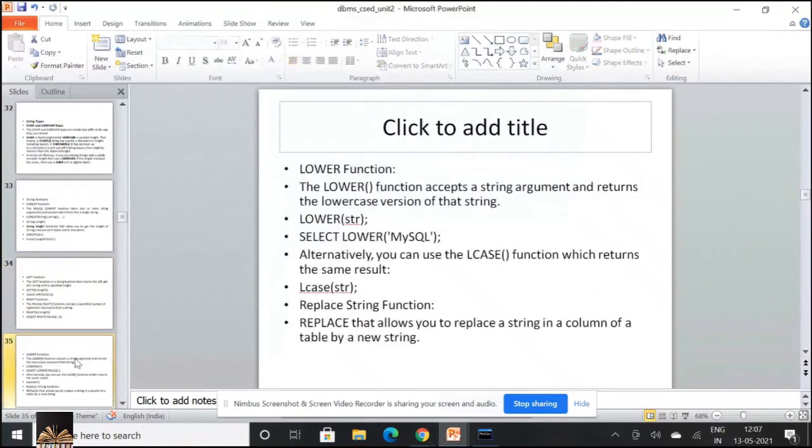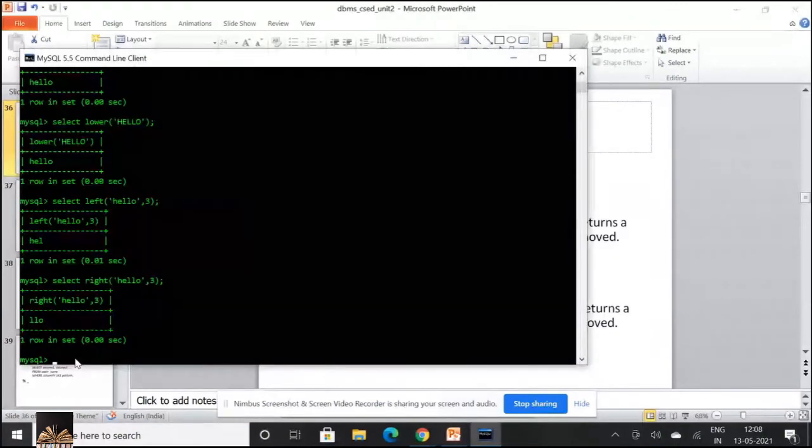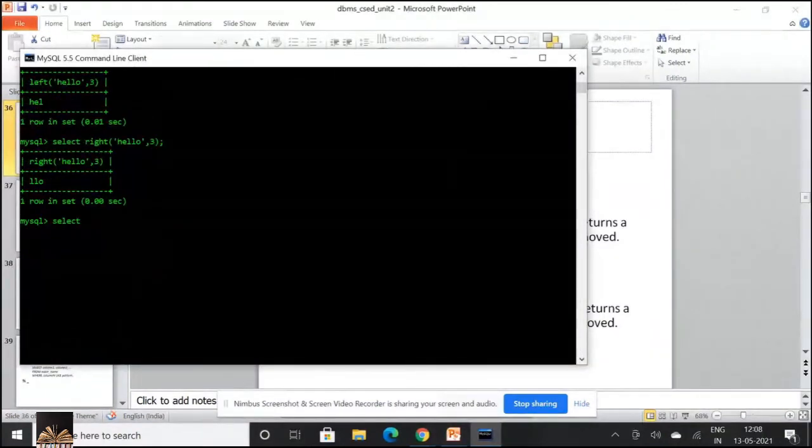Then lowercase, whenever you want to convert a given string into lowercase letters, you're using the function lcase or lower. Already I've executed that for you. Then replace. Select replace of HELO, comma, LO, comma, LLO.